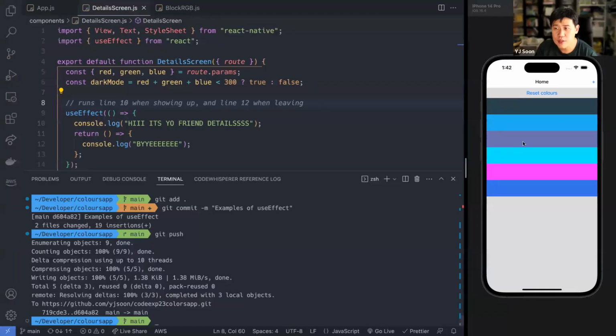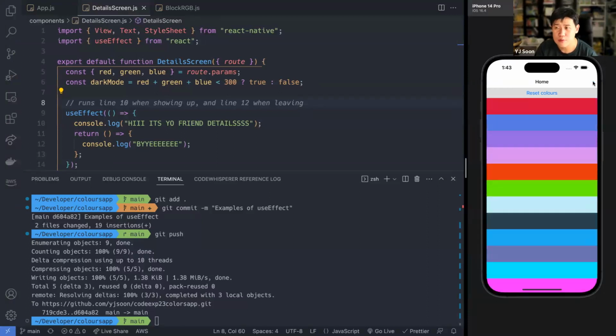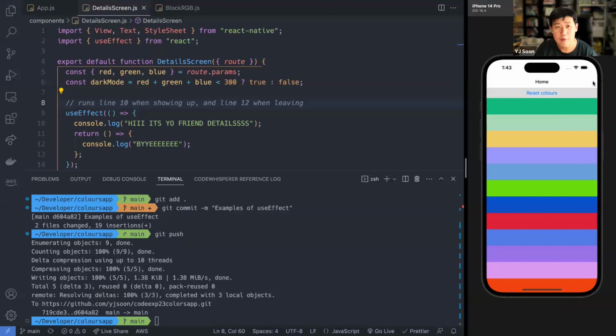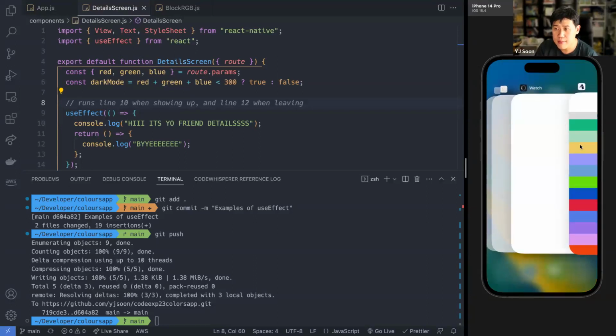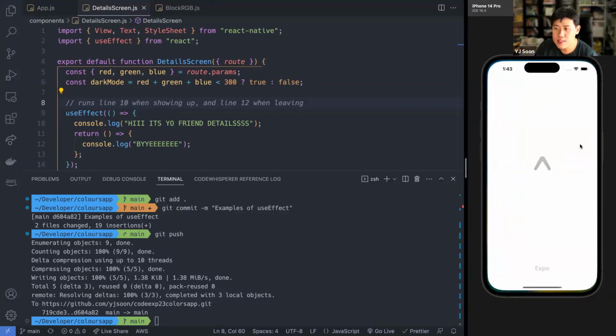Okay, so if I go over here, this is not particularly an industrial app by any chance. And what if people really like this combination of colors? How do you save it? You can't. Because once you quit this app, you kill it off. You restart it, it will probably be gone. Okay, actually, yeah, I think it's probably gone. I just realized I restarted Expo rather than the actual app. But yeah, Expo will load the app again from the server. Let's just tap on this, and it should bring back nothing at all.